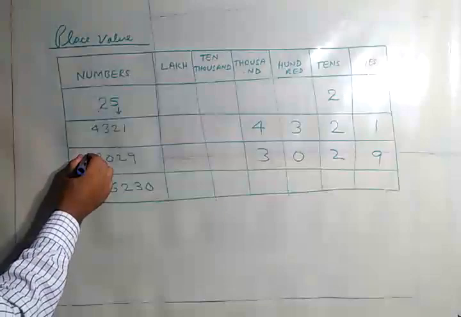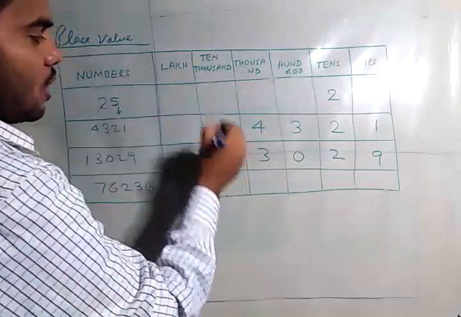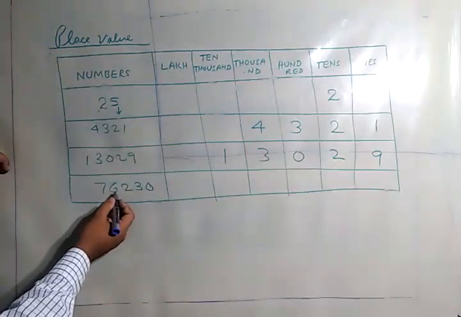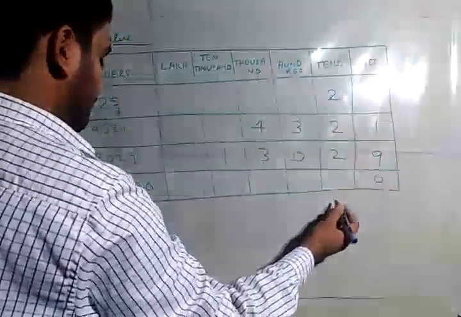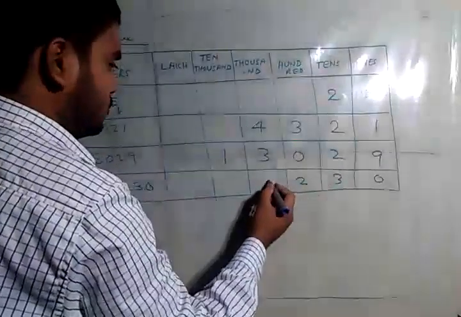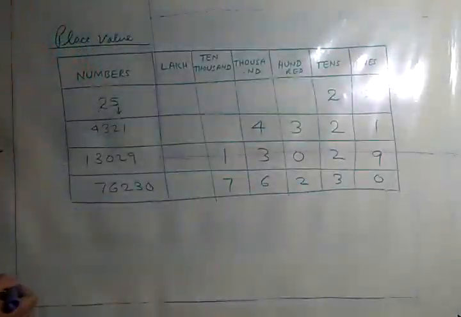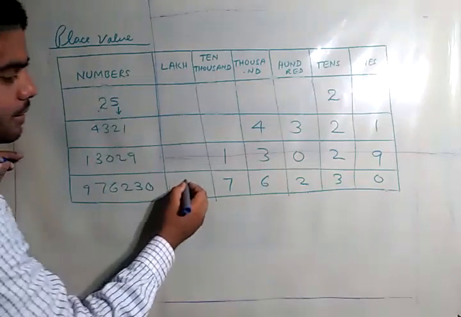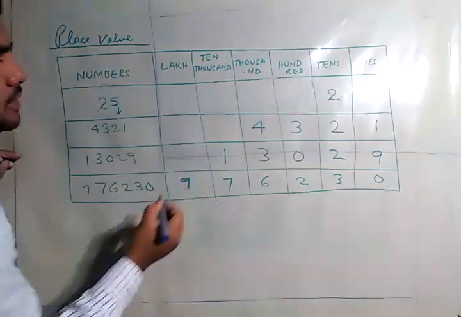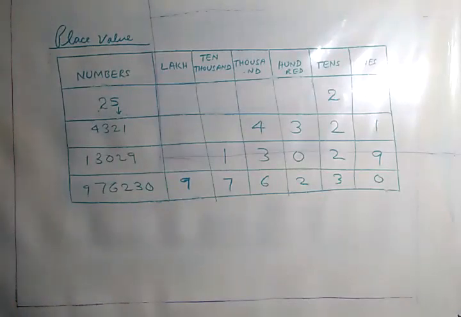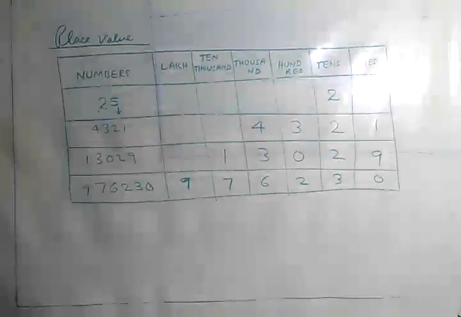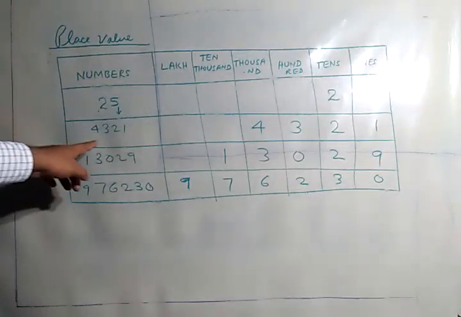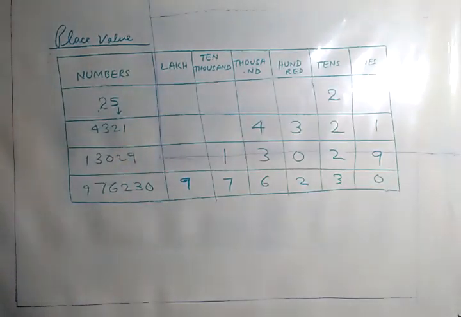If I add one number, I can write here 1 also. Now you see 7620032679. Take it. So you can see the various numbers. 25 is written with 5 in ones position and 2 in tens position, and then 4 3 2 1. Now what did you observe?